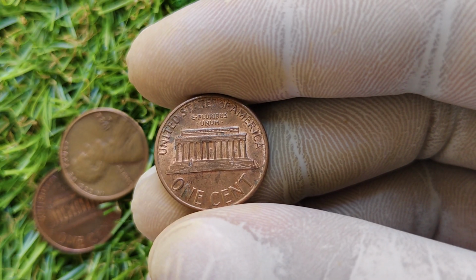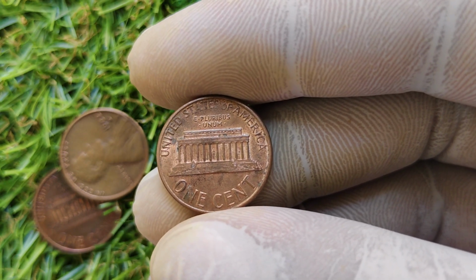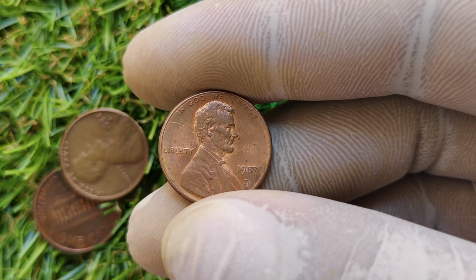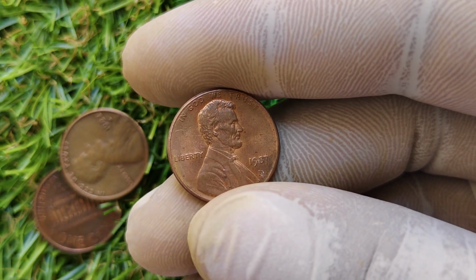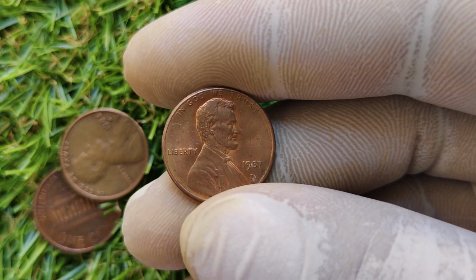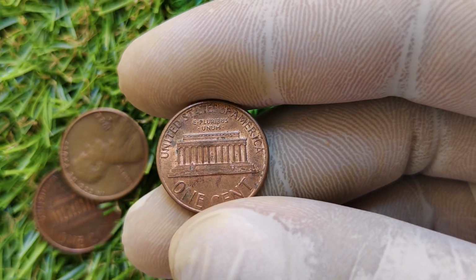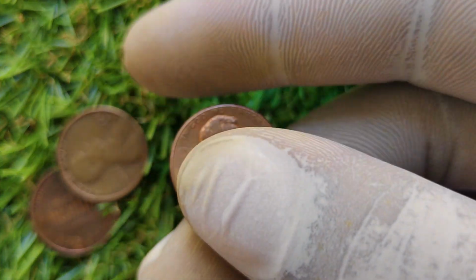The next time you come across a 1987 D Lincoln penny, take a moment to inspect it. You never know. You might be holding onto a small treasure worth thousands of dollars. Always keep an eye out for mint errors, high-grade specimens, and rare planchet mistakes that could turn an ordinary coin